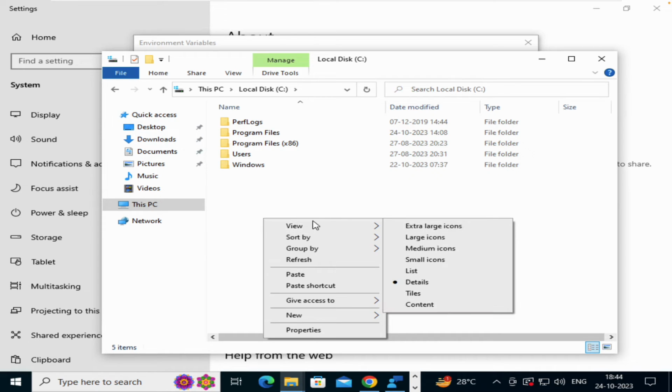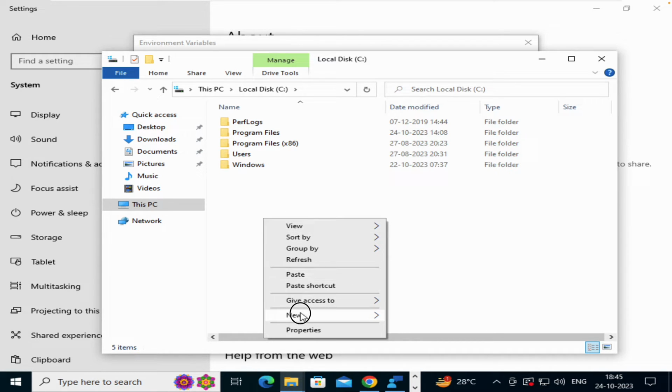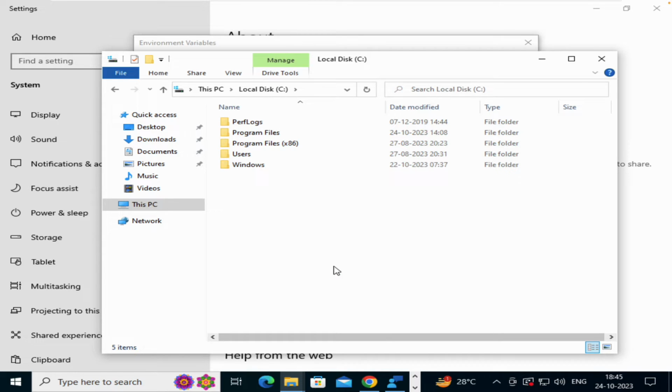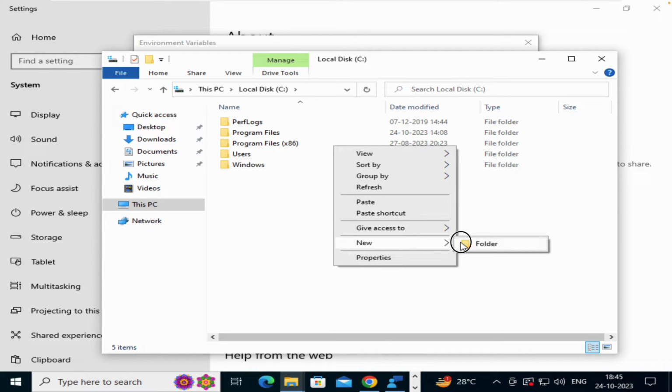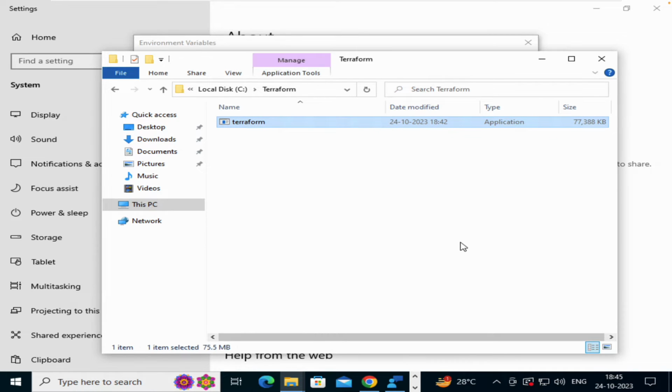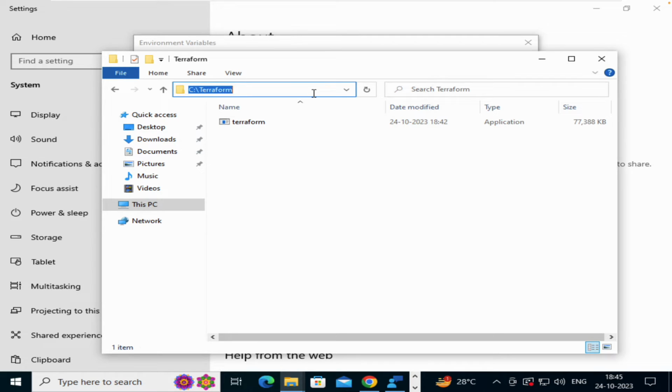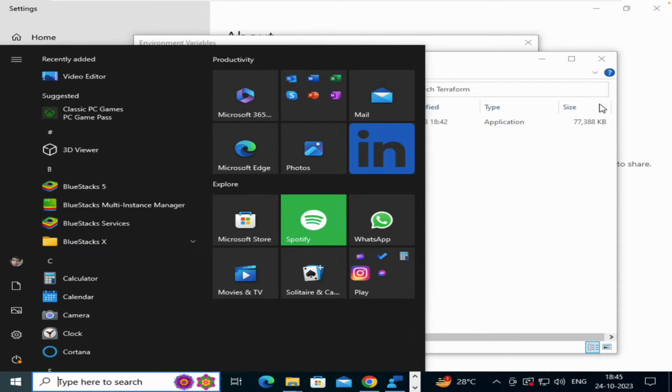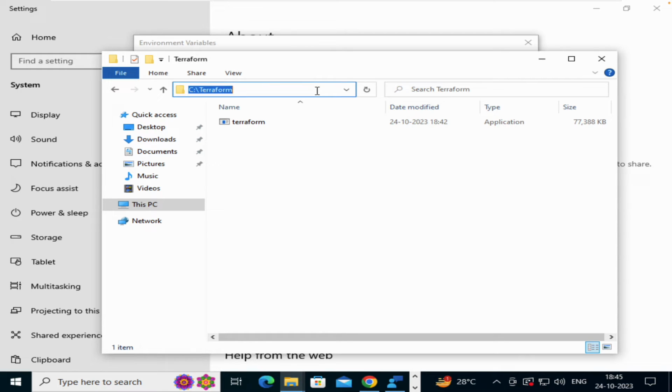So I am going to create a Terraform directory inside C. In your scenario, you can create a directory anywhere on a secure path, wherever you want to save it. You just need to create a directory, put the Terraform binaries there and copy the path